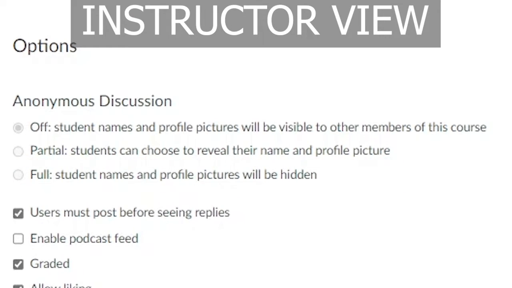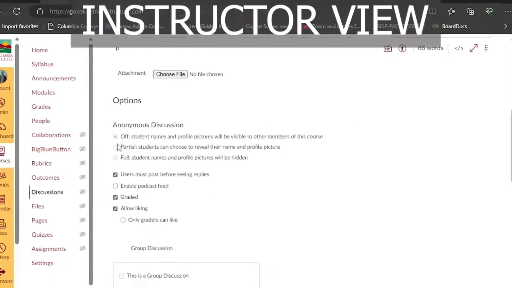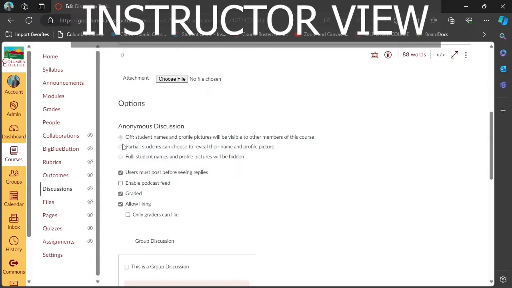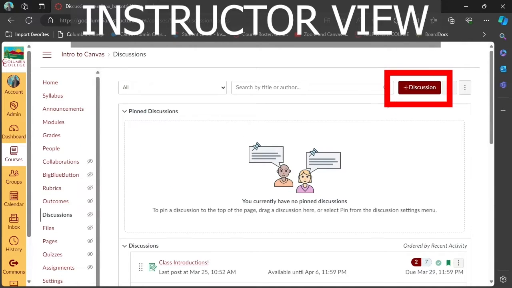You will notice that you are unable to change the settings of your discussions at the moment, and that is because you cannot change the anonymous settings of a discussion after it's been created. This means that at the time of this recording, the only way to create a full or partial anonymous discussion board is by going to the discussions page and selecting the red button that allows you to create a brand